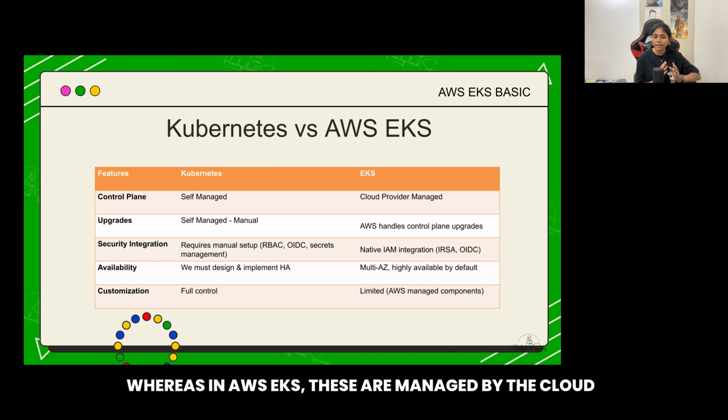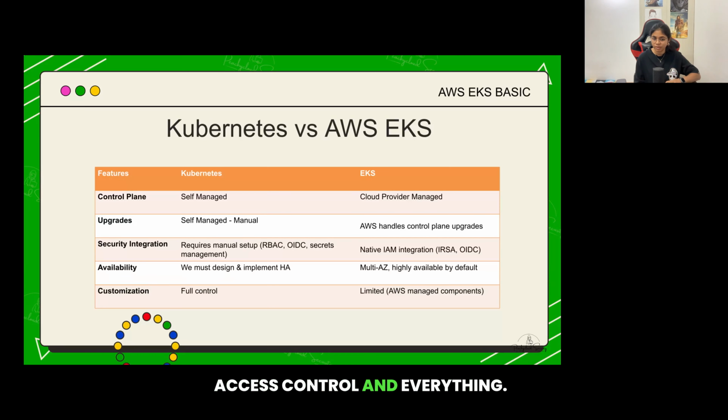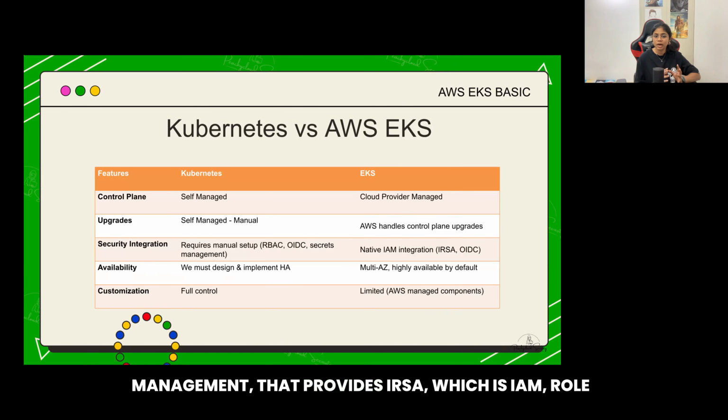Whereas in AWS EKS, these are managed by the cloud providers. For security integration, we have RBAC, OpenID Connect, and secret management that we are going to integrate in our cluster. And we have to take care of the permissions, access control, and everything. In EKS, we can leverage IAM, Identity and Access Management, that provides IRSA, which is IAM role for service account, and OpenID Connect. Availability, so we have to design our infrastructure and make sure that this is highly available